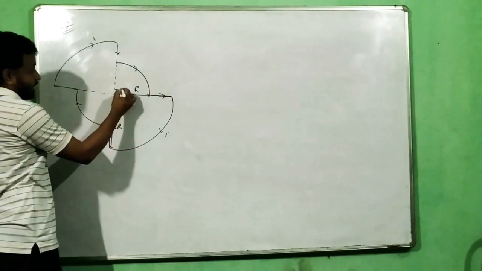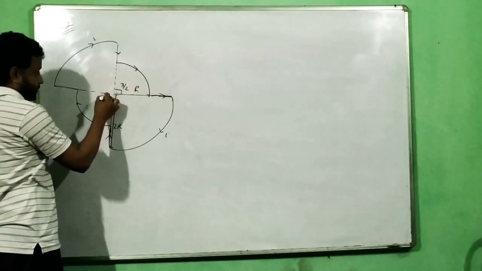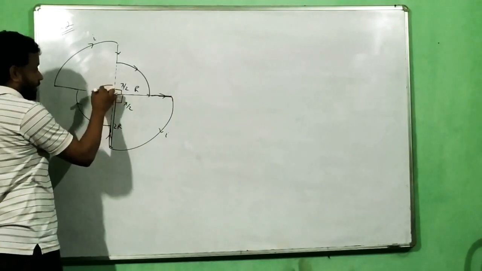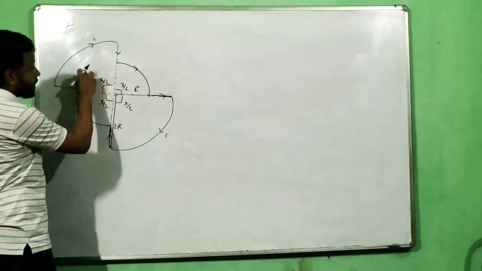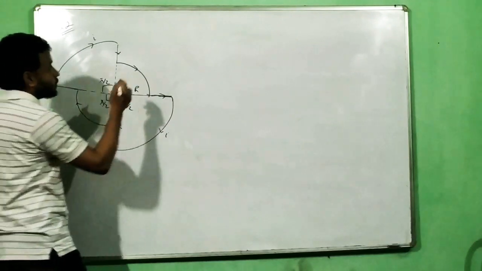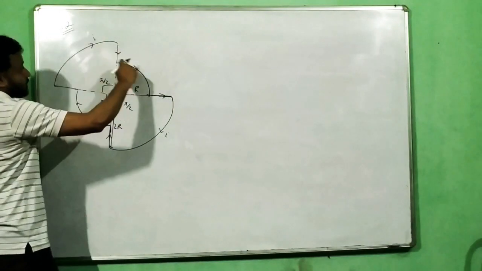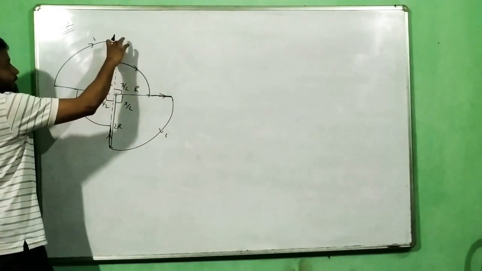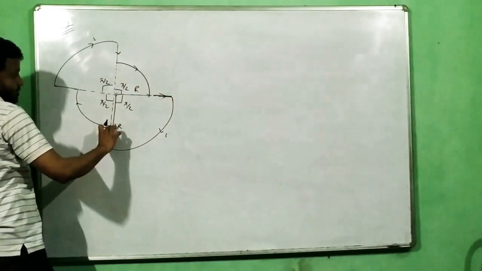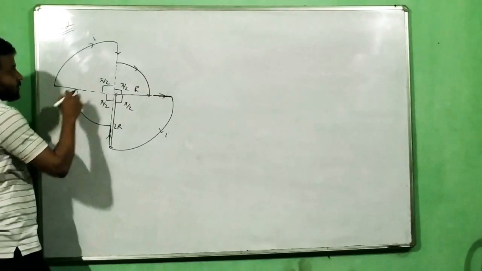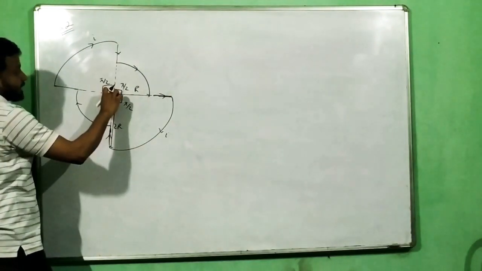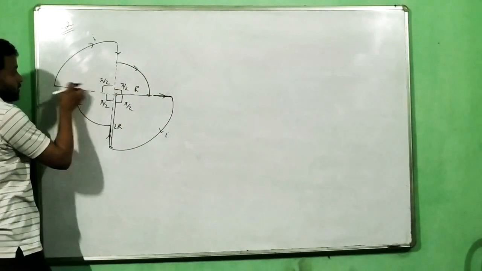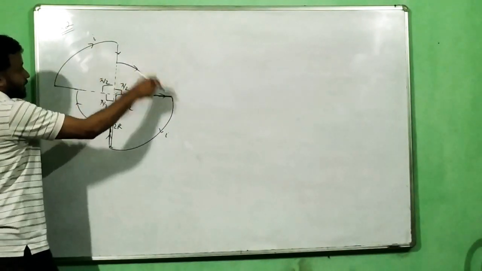Now all these angles are pi by 2, 90 degrees. Each quadrant will have an angle of pi by 2. These two are 2 in numbers, these two are 2 in numbers. Since the direction of current remains the same, that is clockwise. And remember, this straight part will not create field. Why? Because for this part, field here will be 0 because it is along it. So only the curved part contributes.